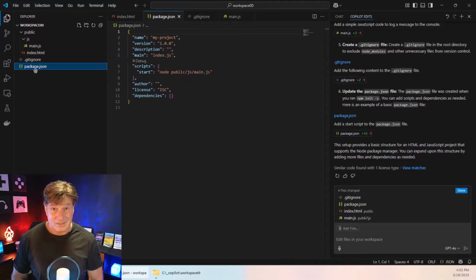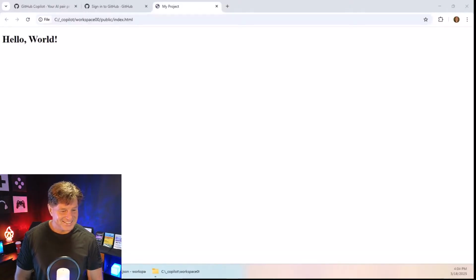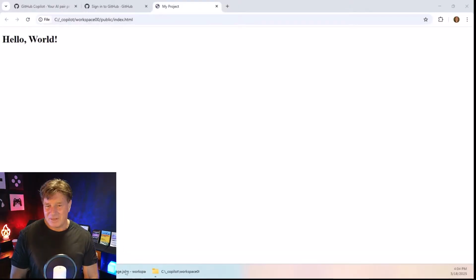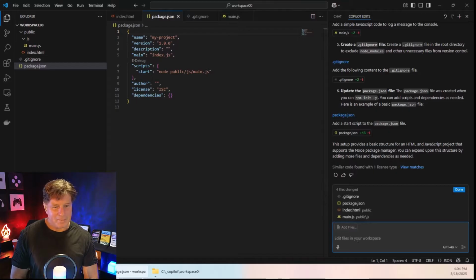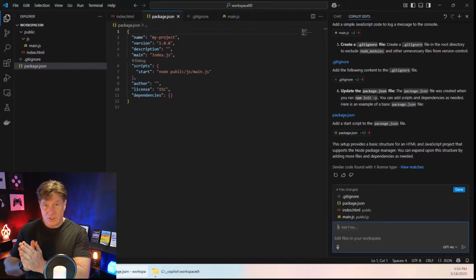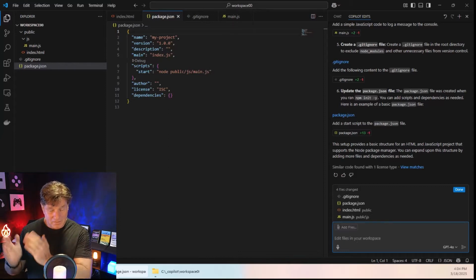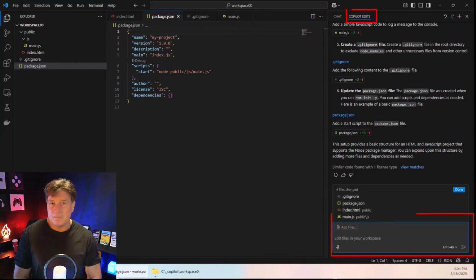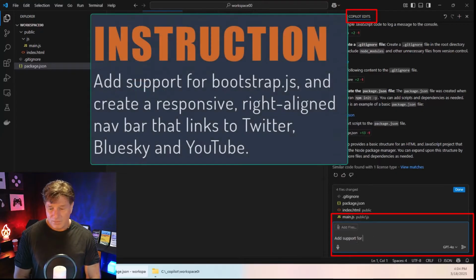Now, the next thing we're going to do is make this responsive by adding in a little bit of Bootstrap magic. Now, this website isn't that impressive right now, but why don't we up our game? Why don't we make this a responsive application, one that will change depending on whether it's in a mobile device or a desktop device? The best framework for doing that is Bootstrap. So why don't we say, hey, why don't we add support for